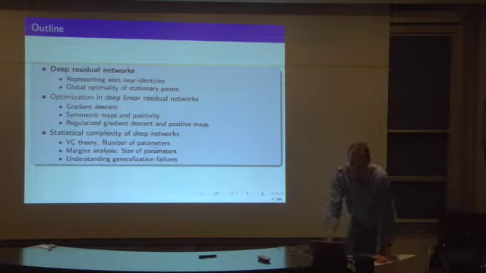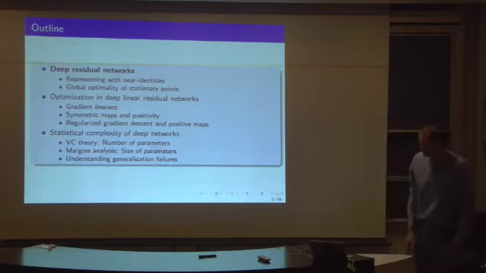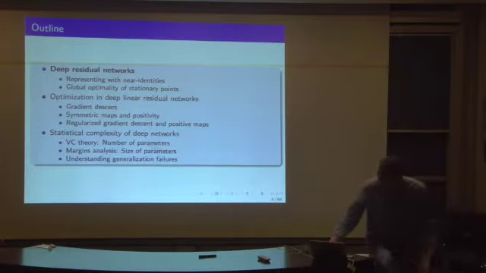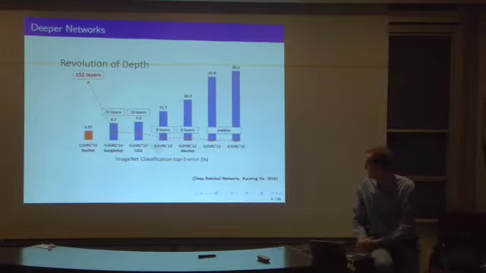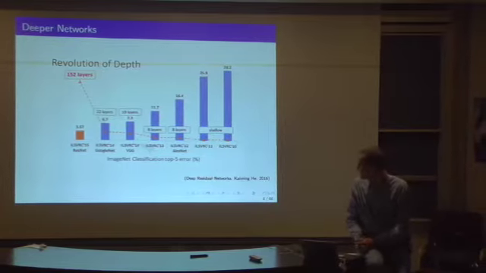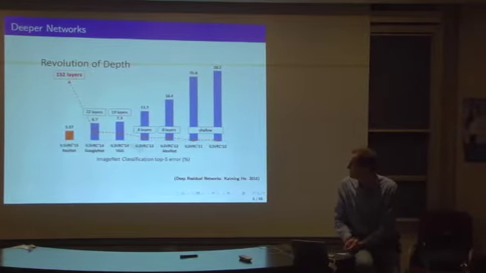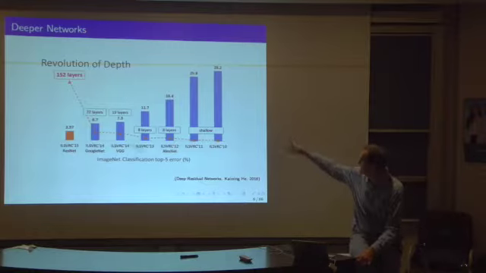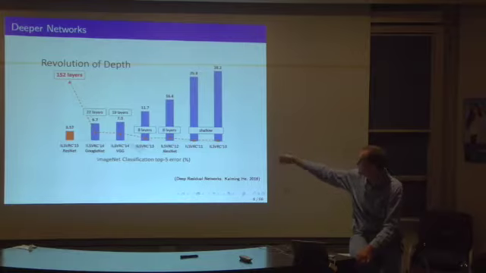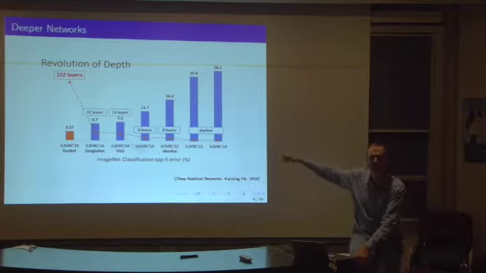Okay, so for the first part, I want to say a little bit about deep residual networks. Here I'm borrowing some slides from Kaiming He's ICML tutorial from 2016. This graph is showing the performance. The bar graph is performance on a particular benchmark. This is an image classification problem. And looking from right to left, these are the winners of this competition each year from 2010 through 2015. Smaller is better. This is top 5 error, the bar graph.